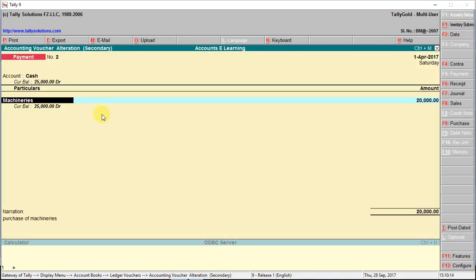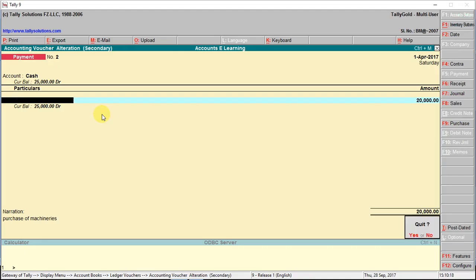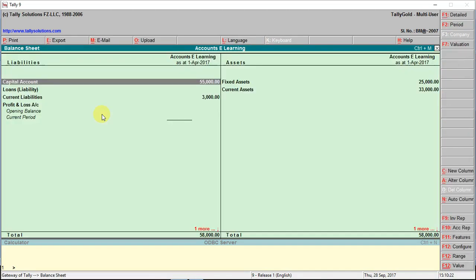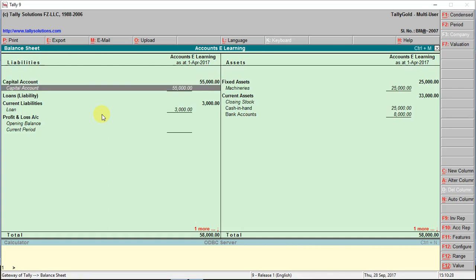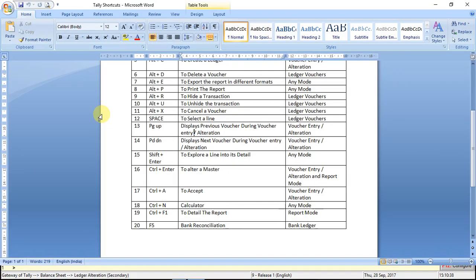You can use it on the report mode also. See, for example, balance sheet. Sorry. Want to know the under of this particular capital account, Control plus Enter. That will go to ledger alteration mode. So that's Control Enter. Next one is Control A to accept